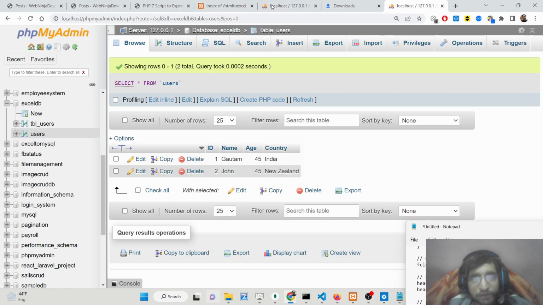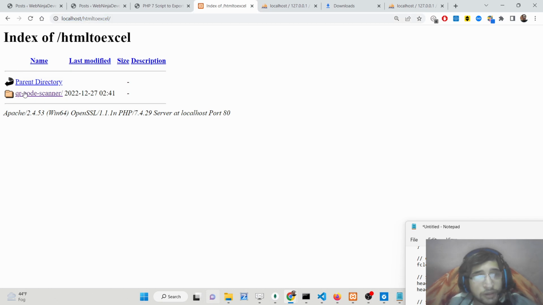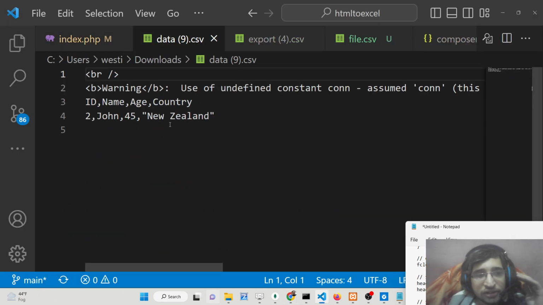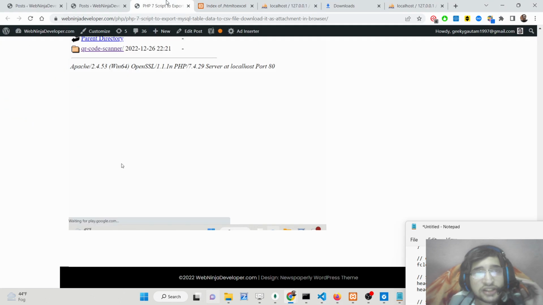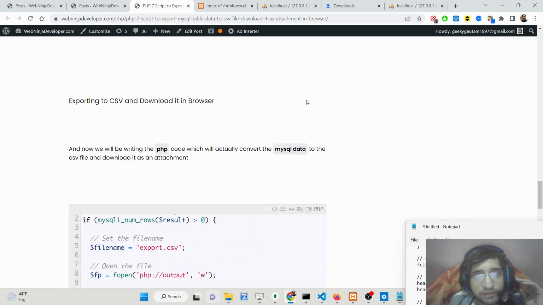Now if I execute this file here inside the browser, if I click this, you will see it will download this file as an attachment, and you can even open it. You can see ID, name, age, country. All the data is inserted, and I think correct data is not exported. I think I have made a mistake in writing this code. Let me just,